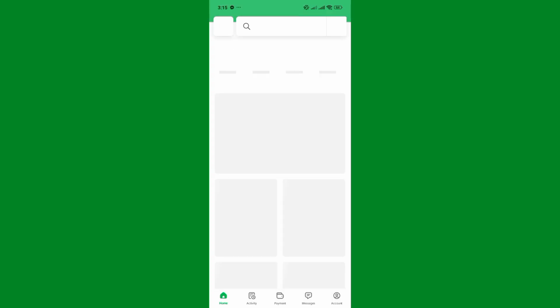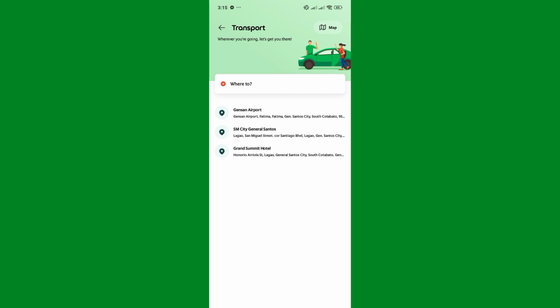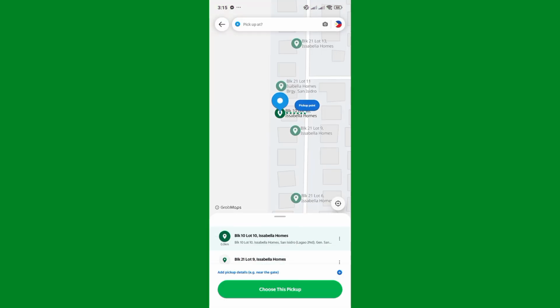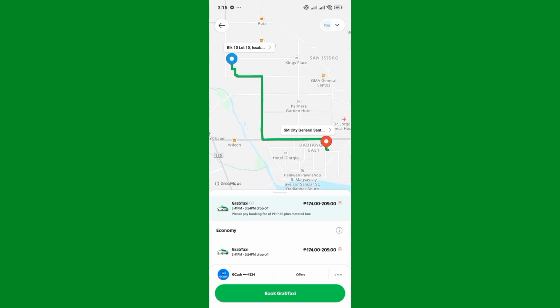After that, go ahead and click on the transport section. You'll find this below the search field. Click on that transport section, and in here, go ahead and click on that where to be able to enter your destination. In this section, you'll need to select your pickup location. Click on the choose this pickup button, and you'll be given two options to avail Grab taxi or Grab car